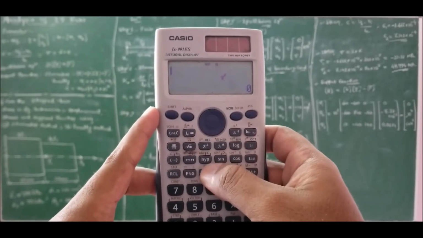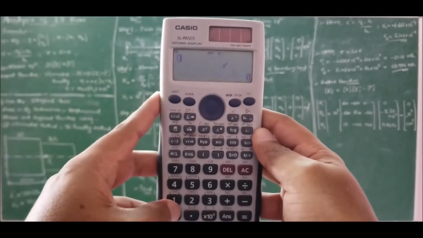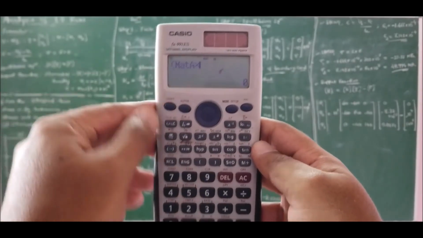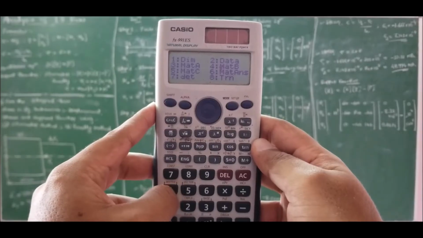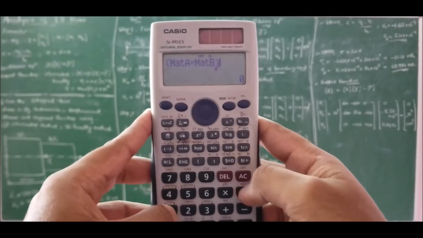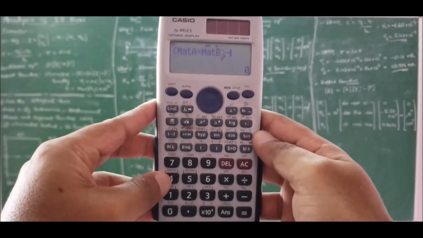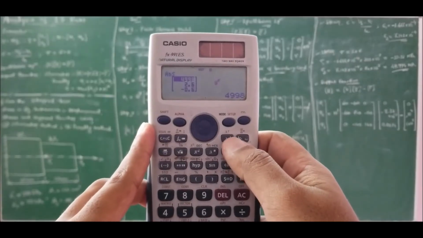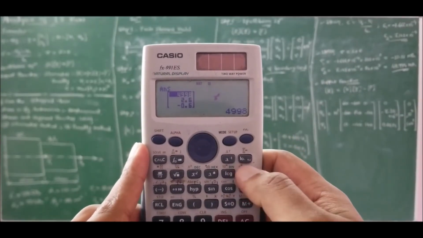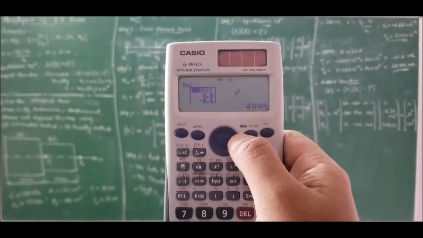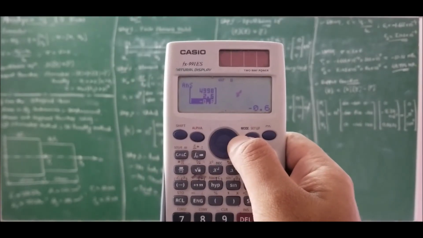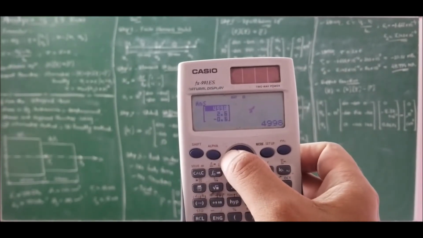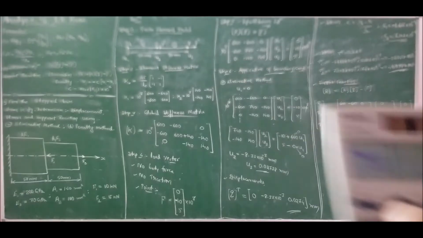Press on. Next you open a bracket, go for shift matrix A into shift matrix B, close bracket, minus shift matrix C. So this yields us the answer as 4998 newtons, whereas the reactions at node 2 and node 3 should be 0, which are nearly equal to 0; they are negligible compared to R1. So the answer is R1 is equal to 4998 newtons.